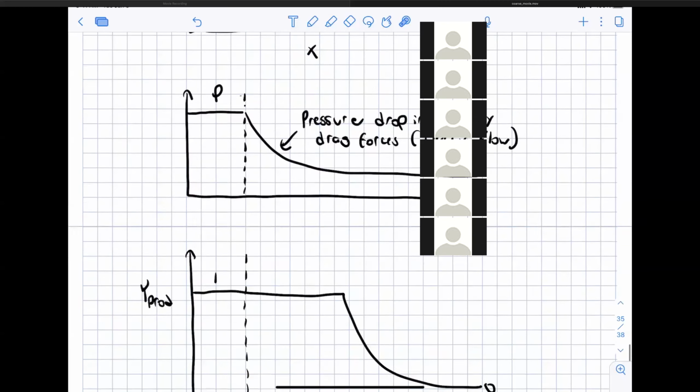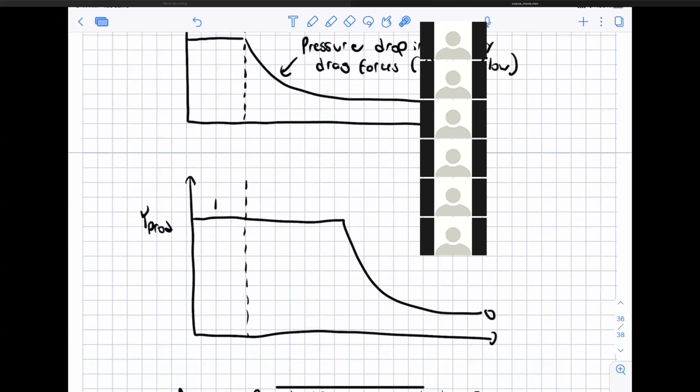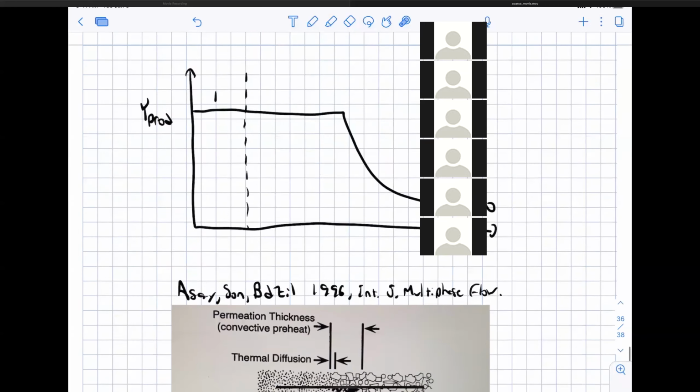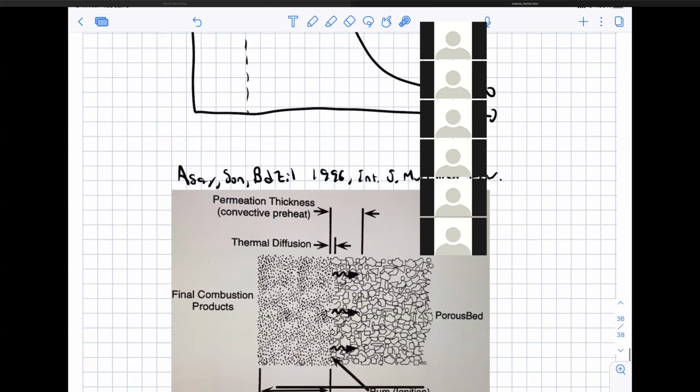And then also you can look at the combustion products, in that the mass fraction of the combustion products will also penetrate inside. And so if, say, the initial gas between all of the propellant grains was air, the front between the air and the combustion products would basically move with the combustion products as they penetrate further and further into the propellant bed. And so once you start adding those particle effects, this picture starts becoming very complicated. And you know, I just drew a crude picture of it,